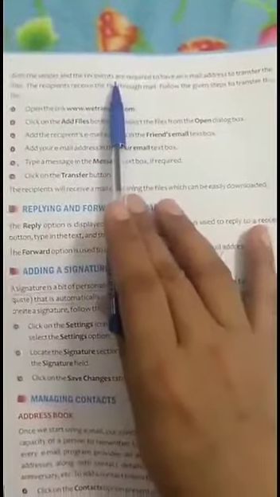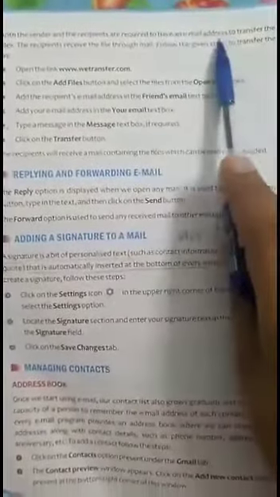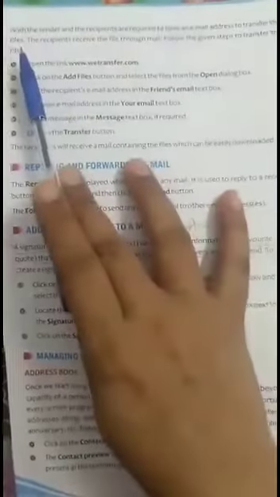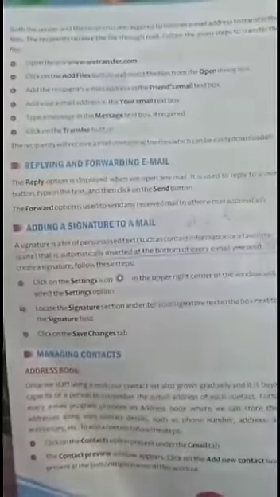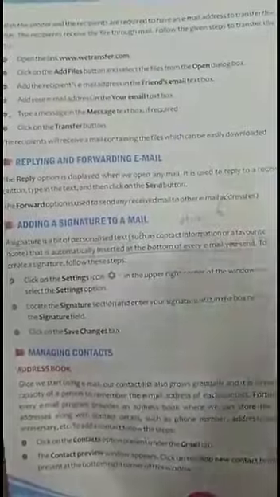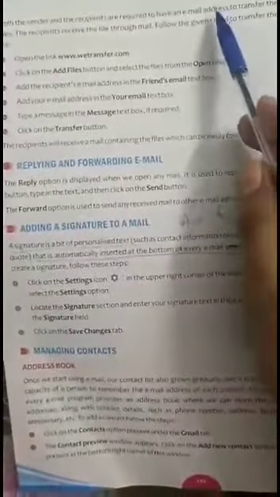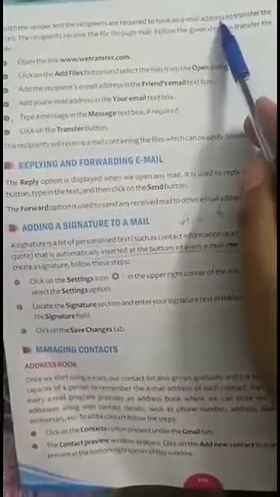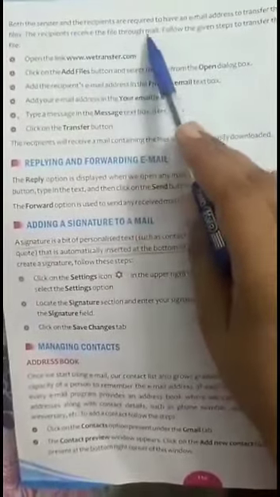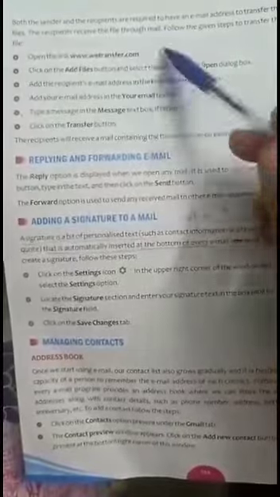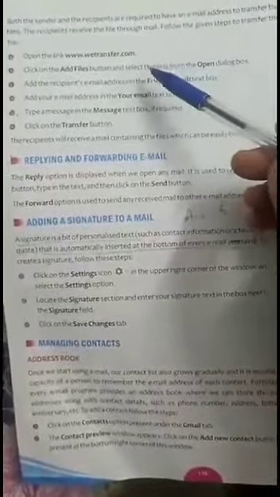Both the sender and the recipient are required to have an email address to transfer the files. The recipients receive the file through the mail, and you have to follow the following steps if you want to transfer a file using the WeTransfer service.